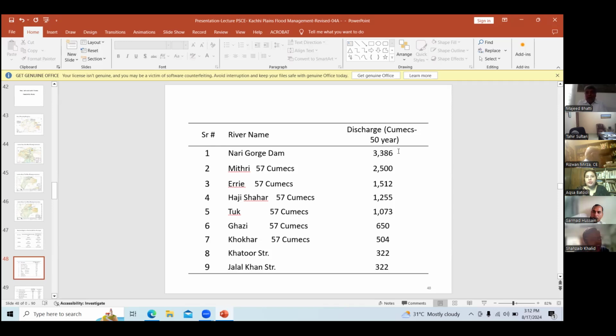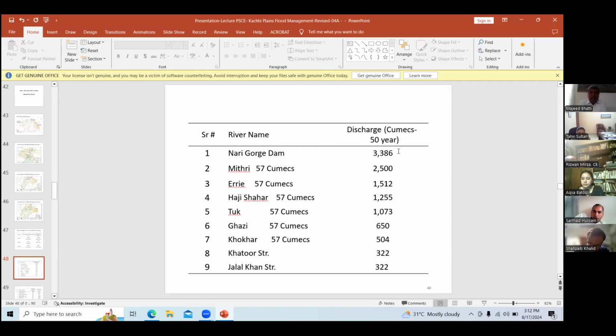So then there is a structure at Mithidi. After Mithidi, the off-taking discharge off-takes, then the balance left is about 2,500 cubics. Then it reaches Haji Shahar. So 57 cubics is actually diverted, and this is left. You cannot equate it because the water spills over into the area also. So if you just directly plus-minus it, it will not work at all. A lot of water spills over into the area because these are the rivers.